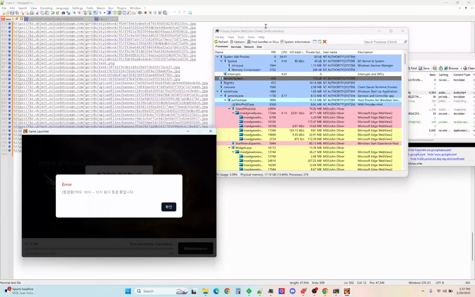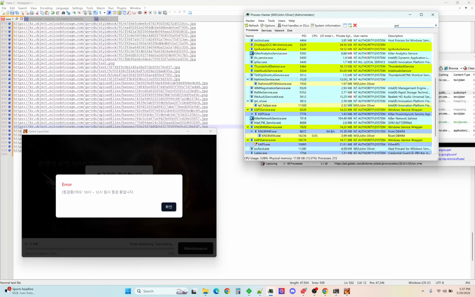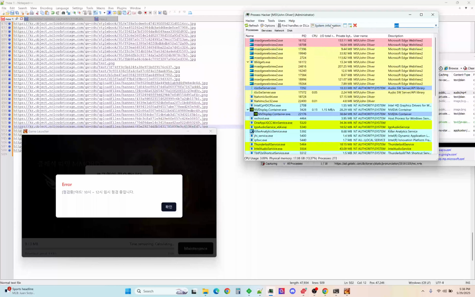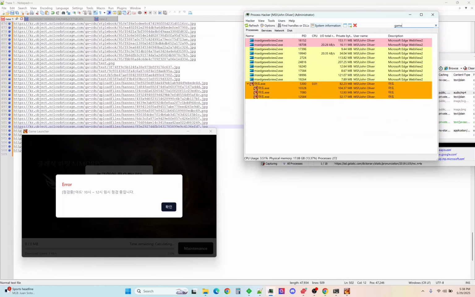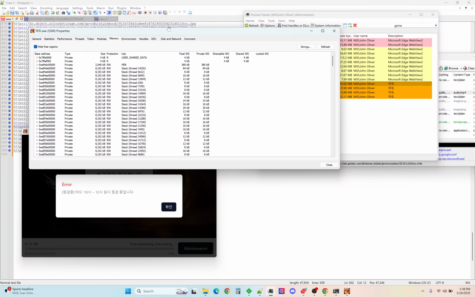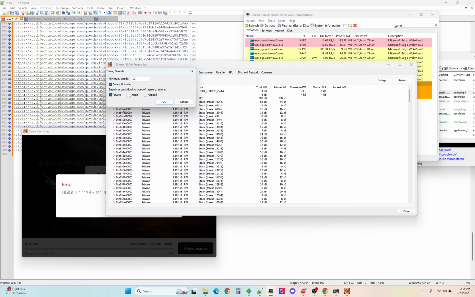Process Hacker is a really great tool for debugging things. You can look at the memory of a process. So we're going to type in ARD, see if we can find it. No, maybe game launcher. Oh, there it is. It's in Korean, of course. So we're going to go to properties, and then memory, strings,